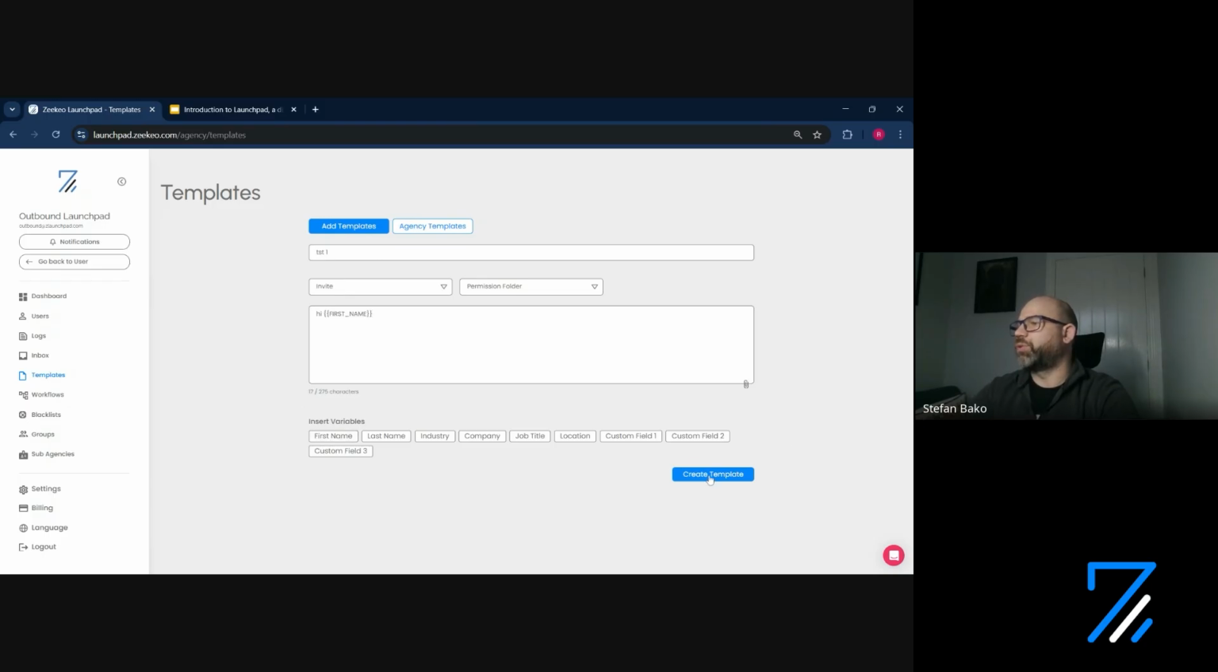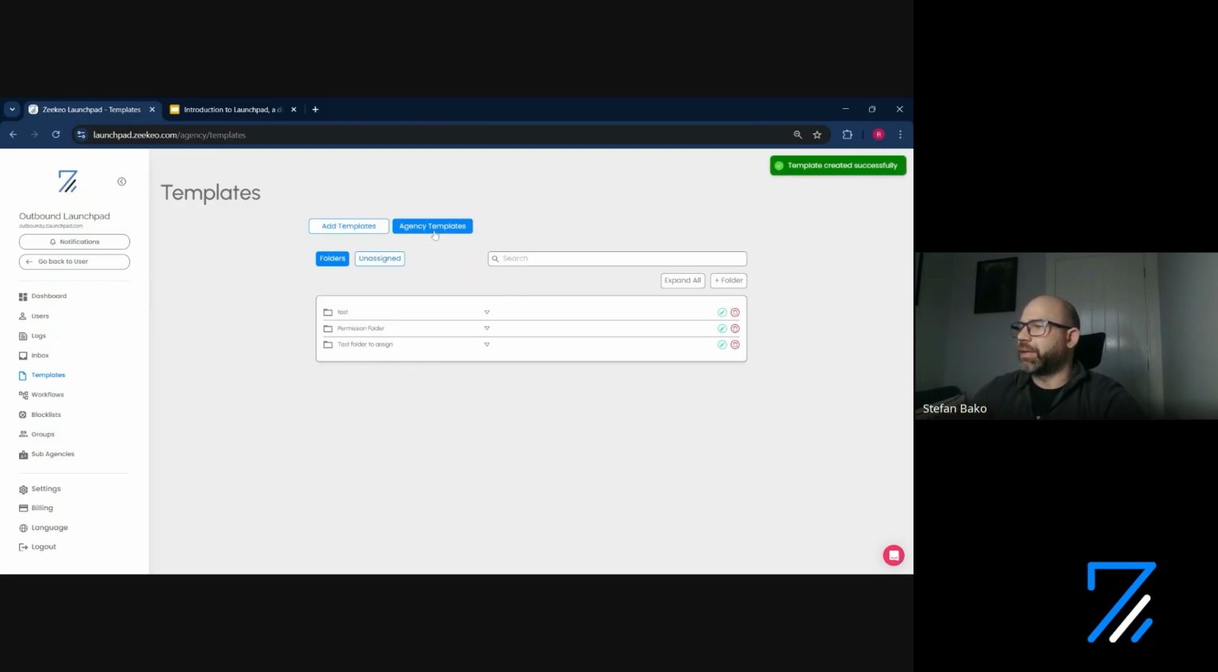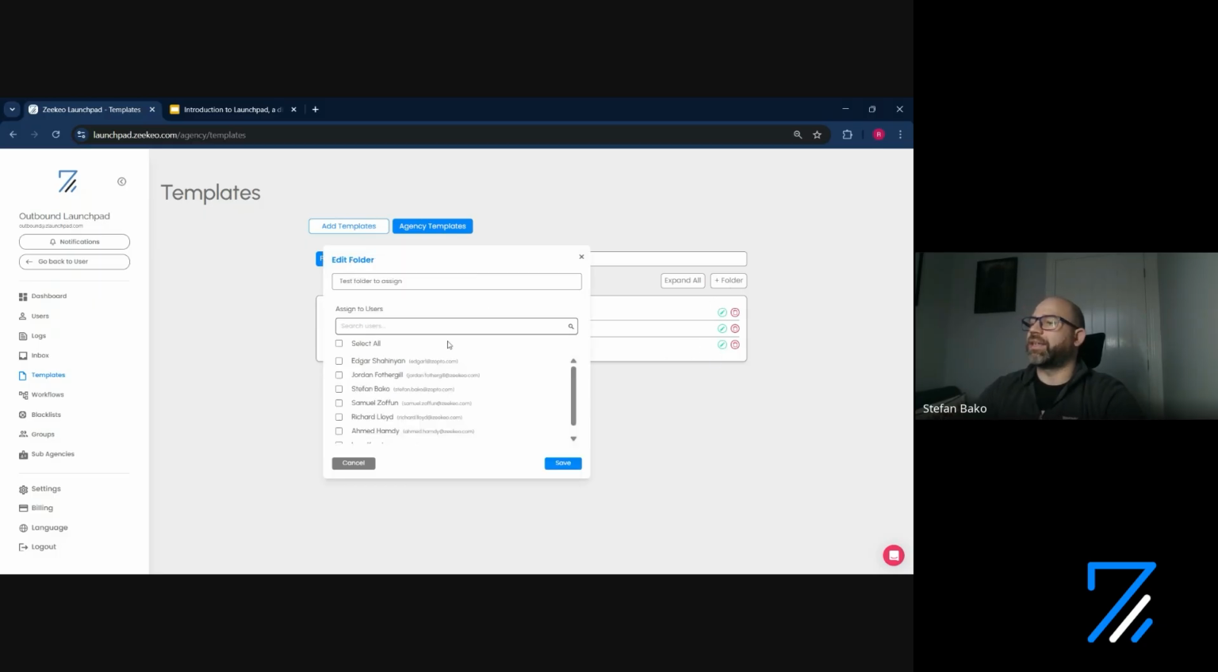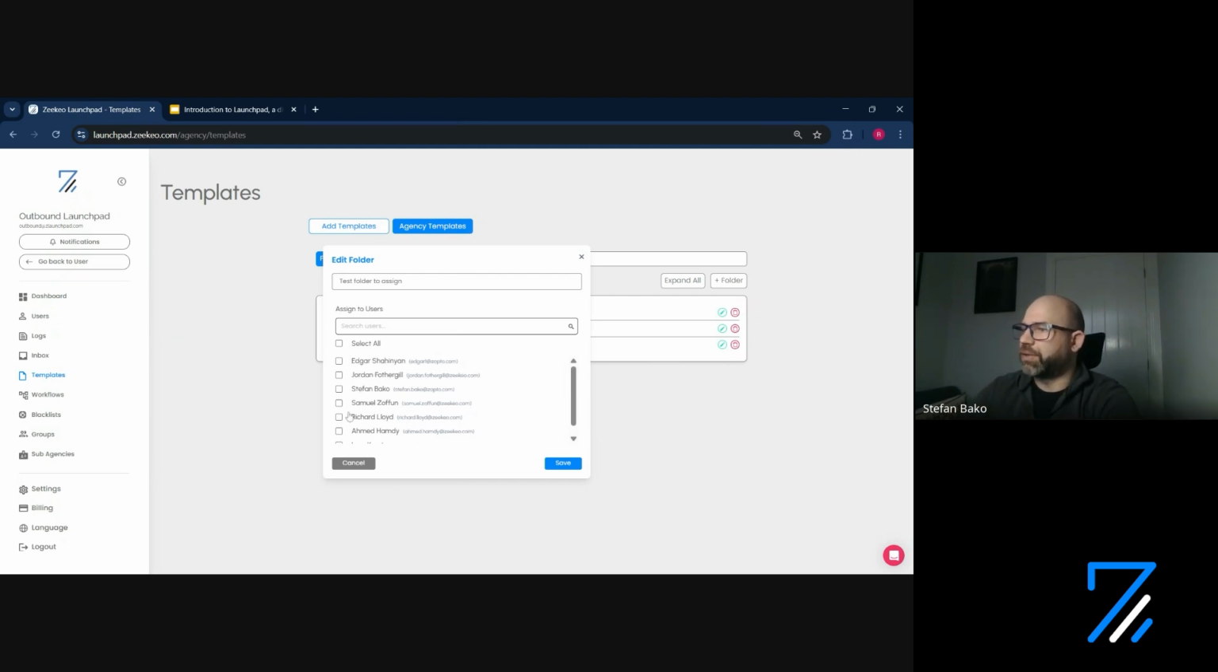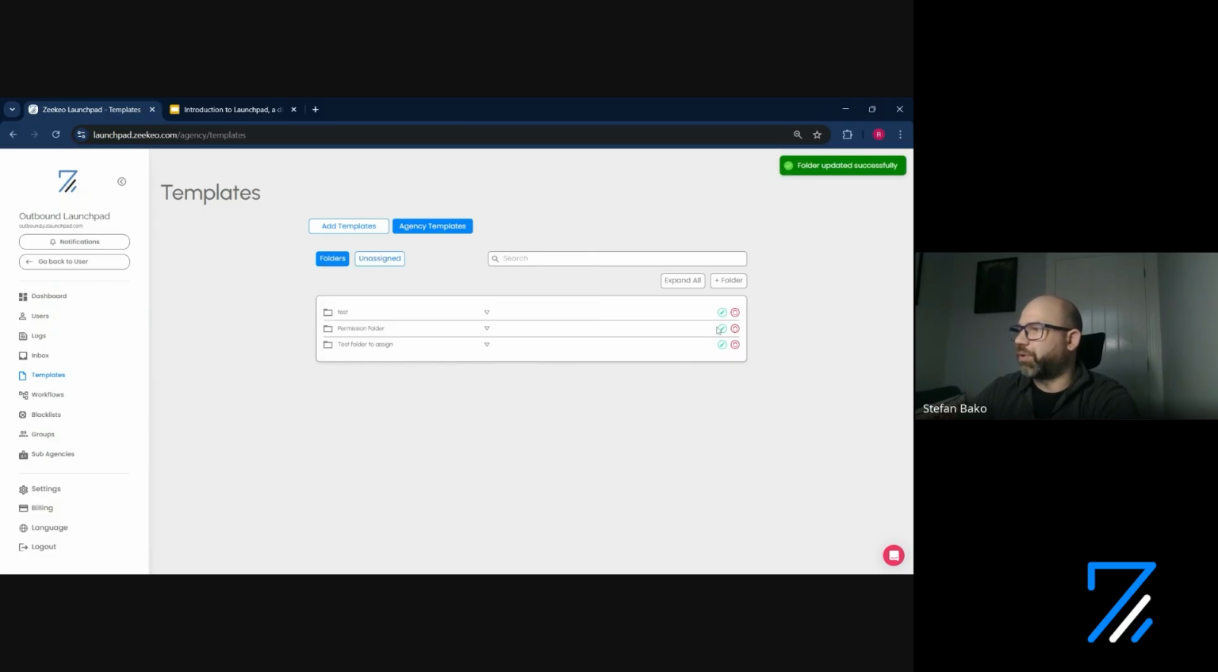And this is especially useful for people who are managing multiple seats. When I created the template and assigned it to a folder, or I can create a new folder and assign them there, I have an edit option where I can assign this folder to a particular user, or users. So instead of everyone seeing all my agency templates, I can assign only Stefan and Samuel to see the templates assigned to this folder. So especially if you have end users from different departments, or clients